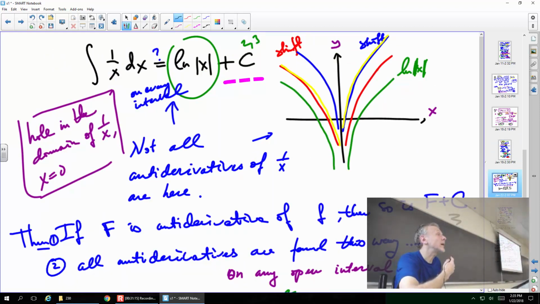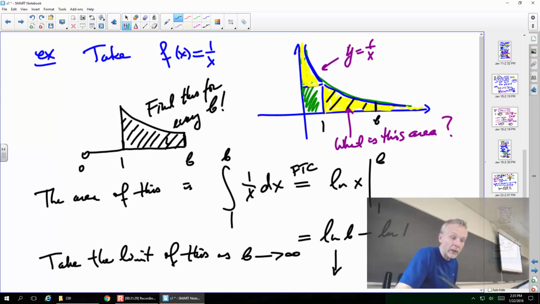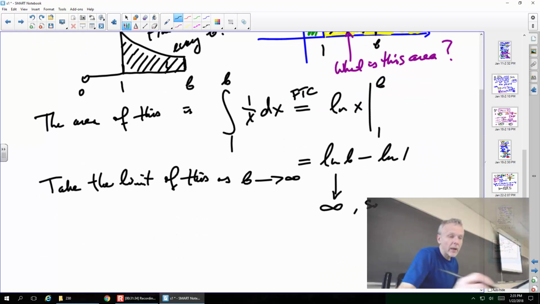This is what? It goes to infinity. These are the graphs of the logarithm, and they go to infinity. That's the thing about the logarithm. Even though it slows down, it doesn't flatten out. It keeps going up. So the answer is indeed infinity. So the conclusion is, as we suspected,